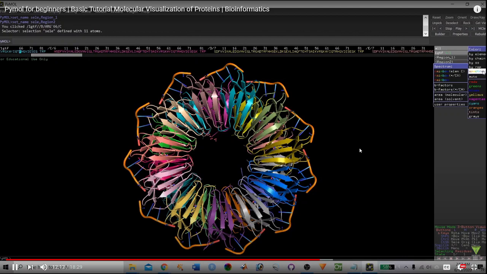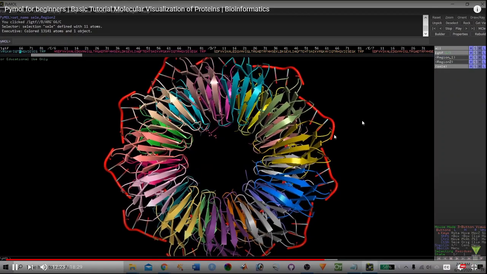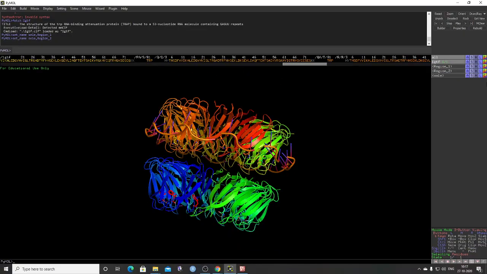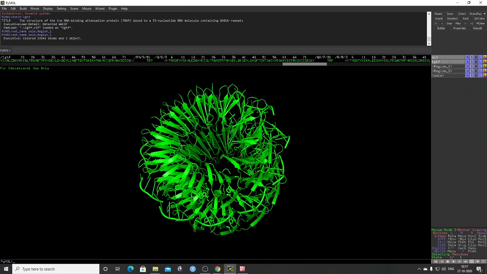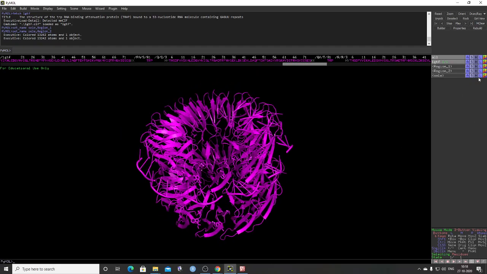Spectrum we can change. Or if you want to maintain a monocolor, like if you want to maintain the complete structure as red, you have to click the red. Okay, so here we are going to select by chain. Even here, if you go in the color, you can see monocolor, right? Single color. If I want to make it green, you can make it green like this. If I want to make it magenta, you can make it magenta like this. So color is changing basically, right?